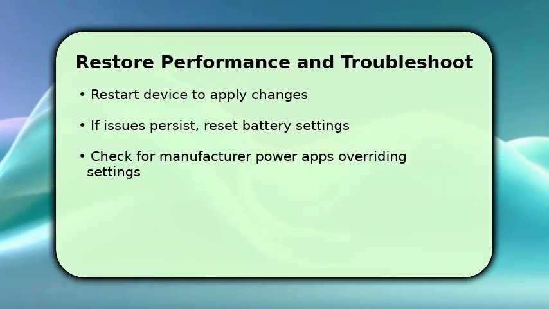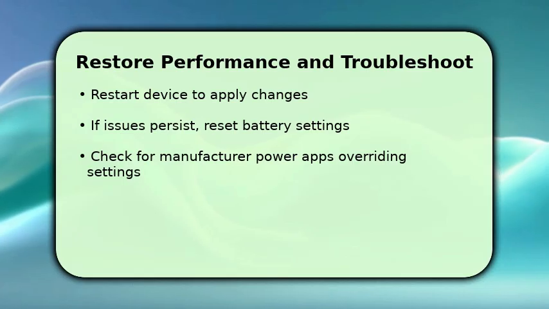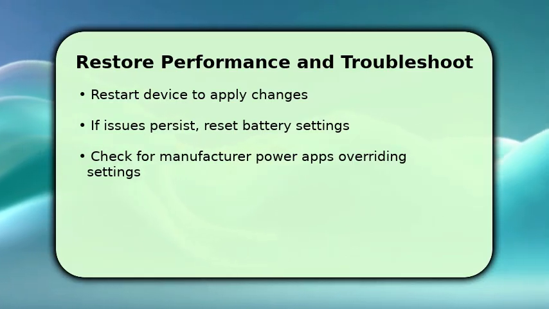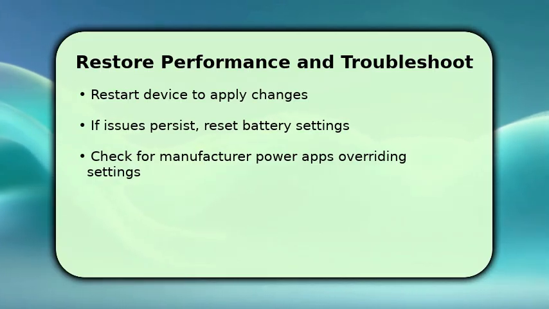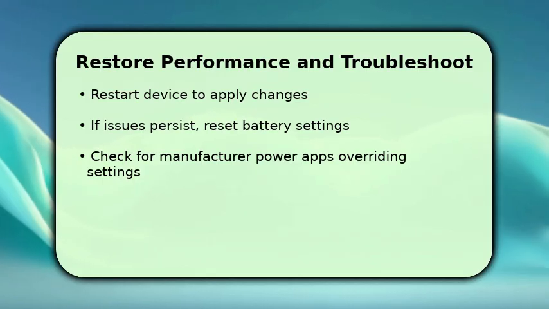If the battery saver returns or apps still behave as if restricted, go to Battery Settings and choose Reset or Clear Battery Preferences to remove lingering rules. Also inspect any manufacturer power management apps that can override system settings and disable their saver features. If problems